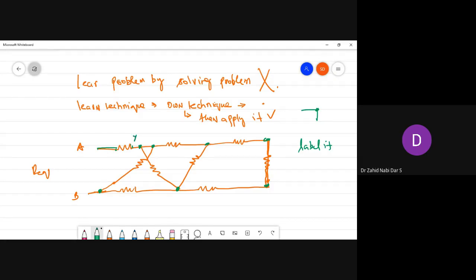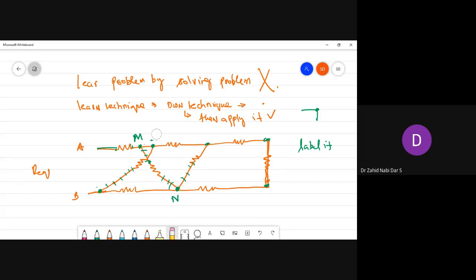Suppose I keep this point as M. So the M point is still here, and here the other point will come, N. N point is here, here, here, here. And this is the B point. Now this point is different, let this point be X. Now can I write this point as X? If I clearly see, the M point is this, and the M point will not change until a resistance is connected. If I write X, I get confused.